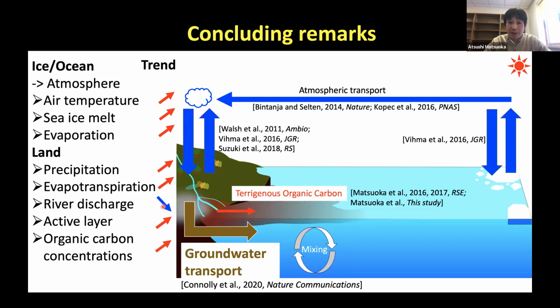So the reason why, despite the negative trend in river discharge, we see the positive trend in both DOC and POC is most likely due to the major contribution by groundwaters to the coastal waters. And this concentration of organic matter is well mixed in the coastal waters. This is one of the reasons why we see the positive trend of these DOC and POC from space.